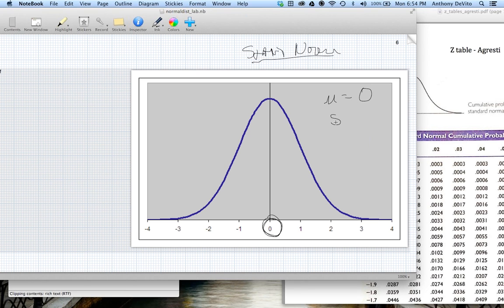And the standard deviation is equal to 1. And we're going to calculate areas, we're going to calculate values for every one of the points for this distribution, heights, and so on and so forth. We know what the height is. We know of all these places. We can calculate the areas that are under them as well.